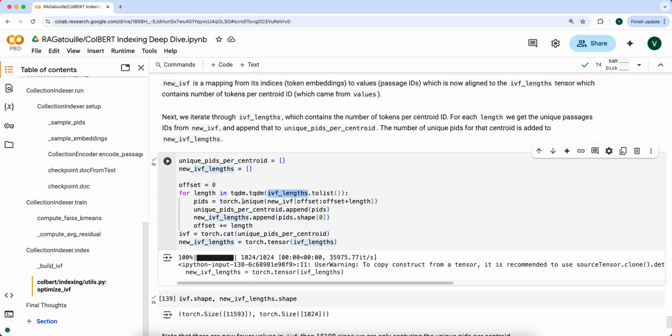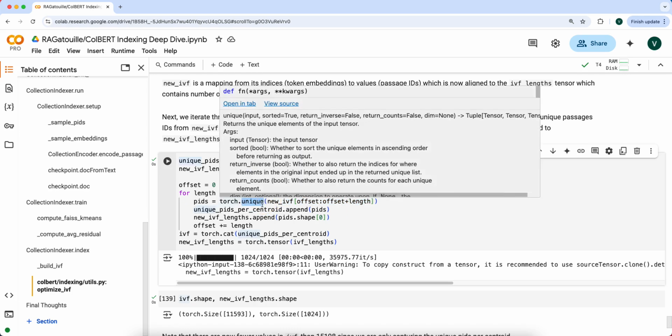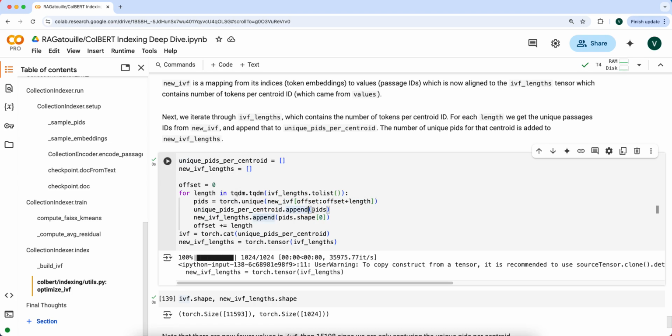We're going to get the unique passage IDs, and then we're going to append it to unique PIDs per centroid. And then to the new IVF lengths, we're going to append basically the number of passage IDs. So, let's say there were 10 passage IDs in here, but let's say there were 5 unique ones. These are not real values. We would have all 5 PIDs here, and then we would have the number 5 appended to this new IVF